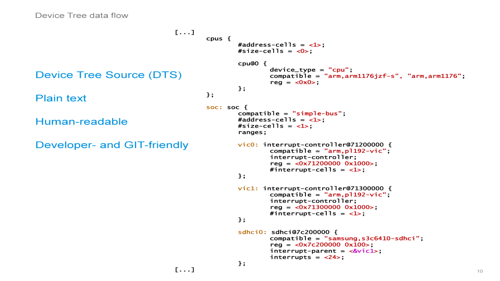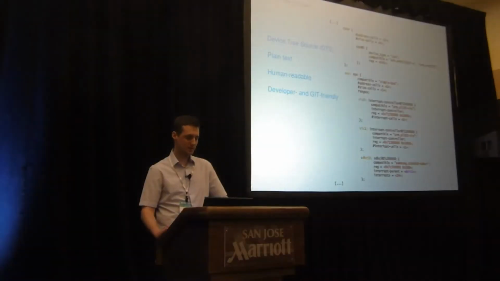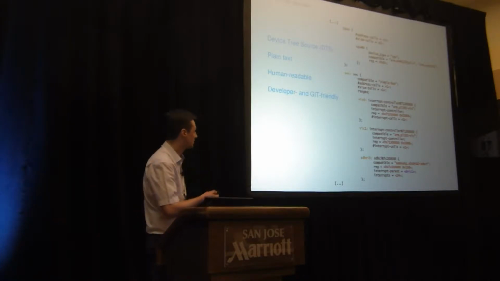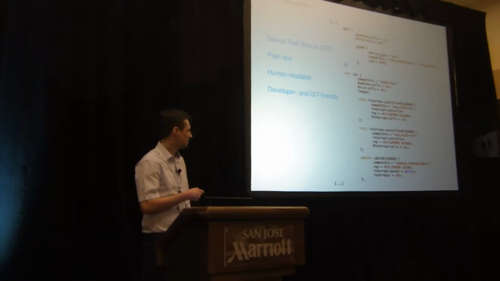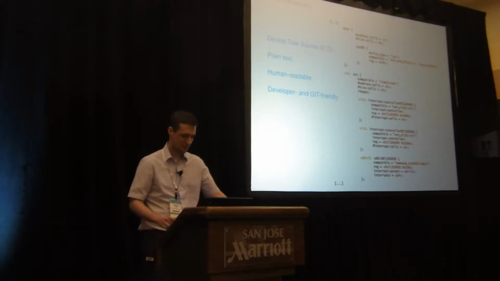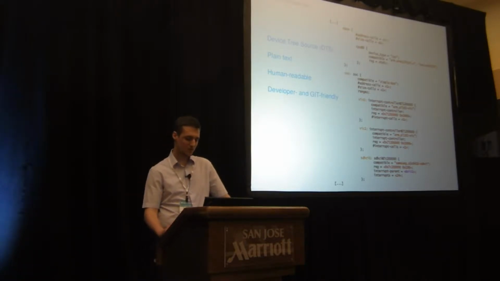Here a node is represented by a name string and contents between a set of braces. Let's see if it works. Okay, so here we have a node. And a property is just a property name, an equality sign, and optionally a value. Okay, so here we have a property. Thanks to its human readable representation, it's the most developer and also Git-friendly representation, but it's hard to parse by